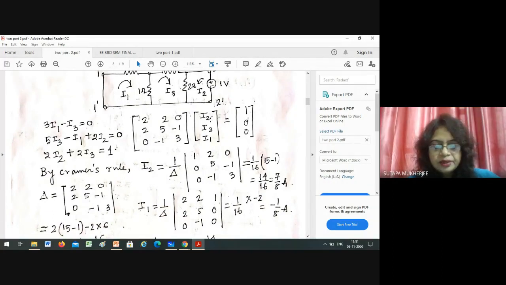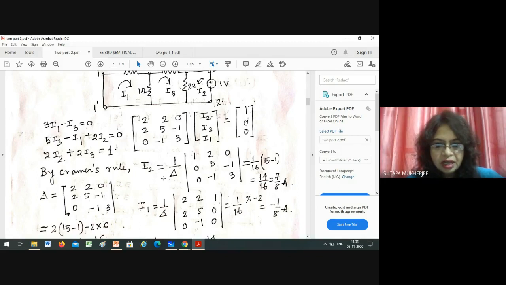Now come to Cramer's rules. How can we determine I2? Anybody can tell me. Ma'am, if I use the normal solution using the 3 variables, right? So definitely you can do that, but there is also another approach. How can you determine I1, I2, I3 using Cramer's rules? So how do we determine the values of I2, I3 and I1?